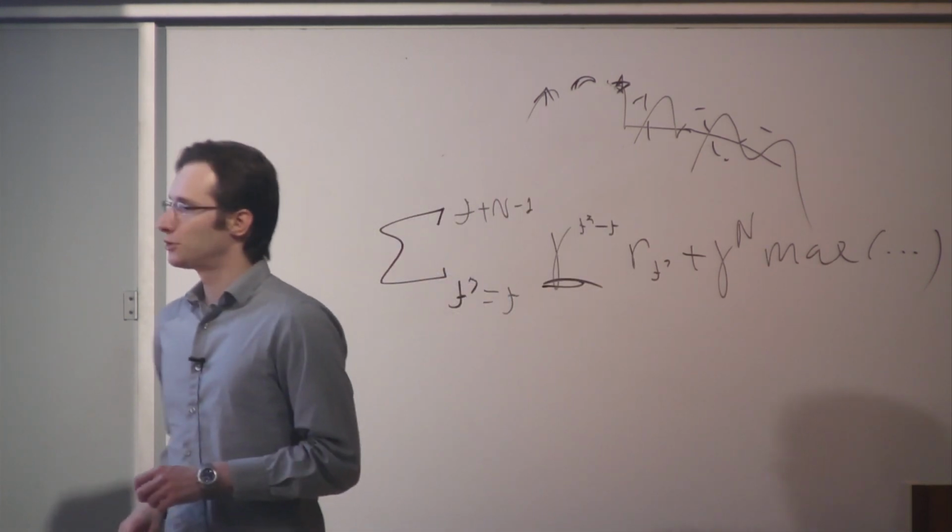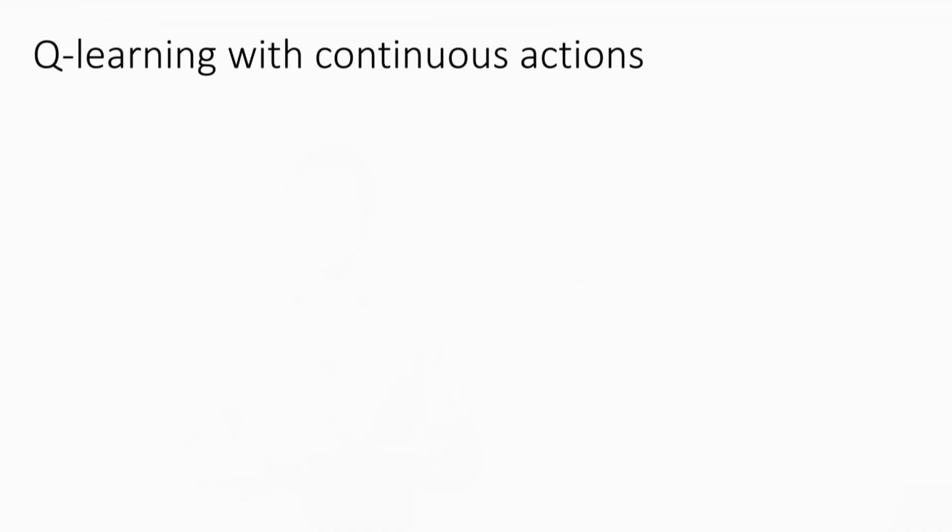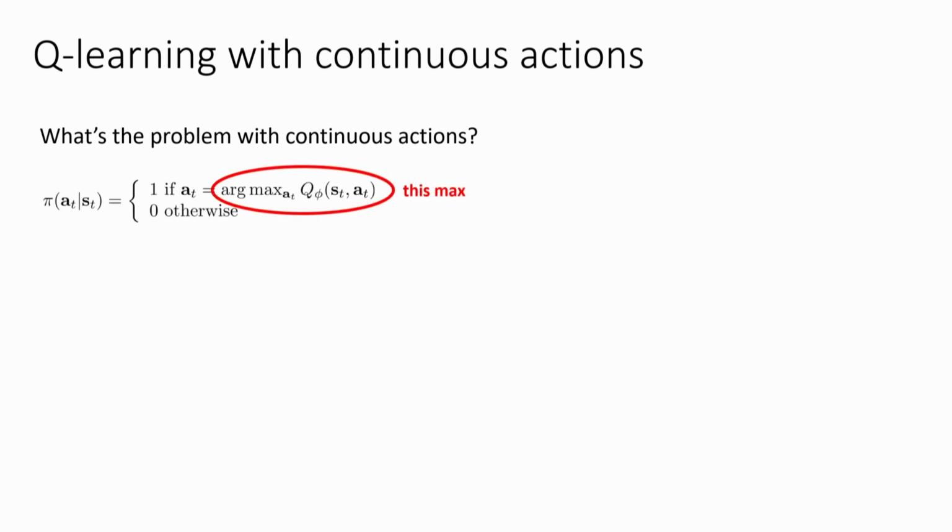OK, Q-learning with continuous actions. So far, we've kind of brushed under the rug how we actually calculate that max, because we just assume that for discrete actions, you just enumerate Q values for all possible actions and take the largest one. So that's how you can get a max or an argmax. In continuous action spaces, of course, this is not so simple. With continuous action spaces, the problem is this max. It typically cannot be evaluated exactly because you have, of course, infinitely many actions. So you have a number of different choices if you wanted to use Q-learning in continuous action spaces.